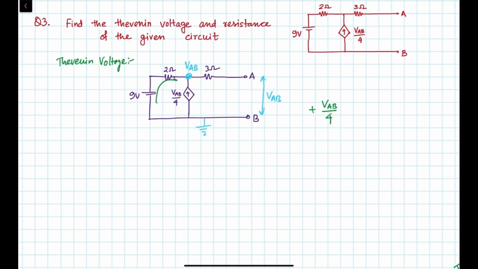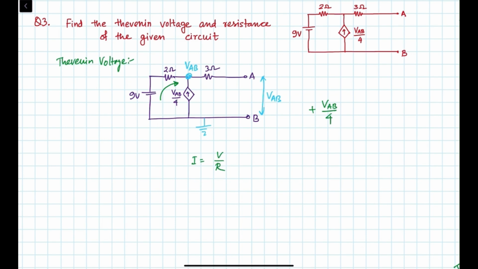And what will be the current in this side? So you see the current is basically V upon R, right? So whatever the voltage difference at this point is there, that divided by 2 ohm will be the current. So that will be, if we are thinking that current is flowing from this side to this